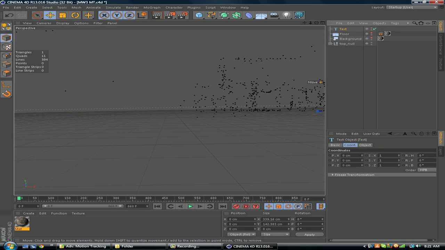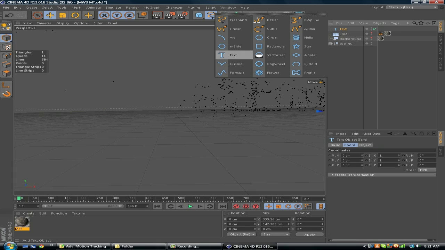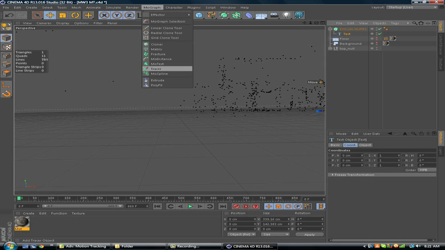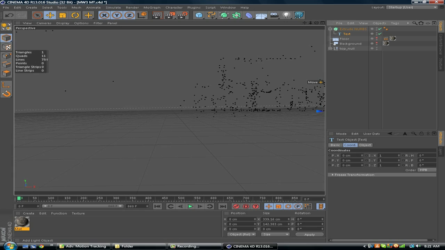So, hit this, then go to text, and then click this, and go to extrude NURBS. I understand that you can just go to MoGraph and then click mode text, but I don't really like that one because if you have the explode plugin, then it will not work. It just won't. I don't know why. But anyway, let's change our text to,